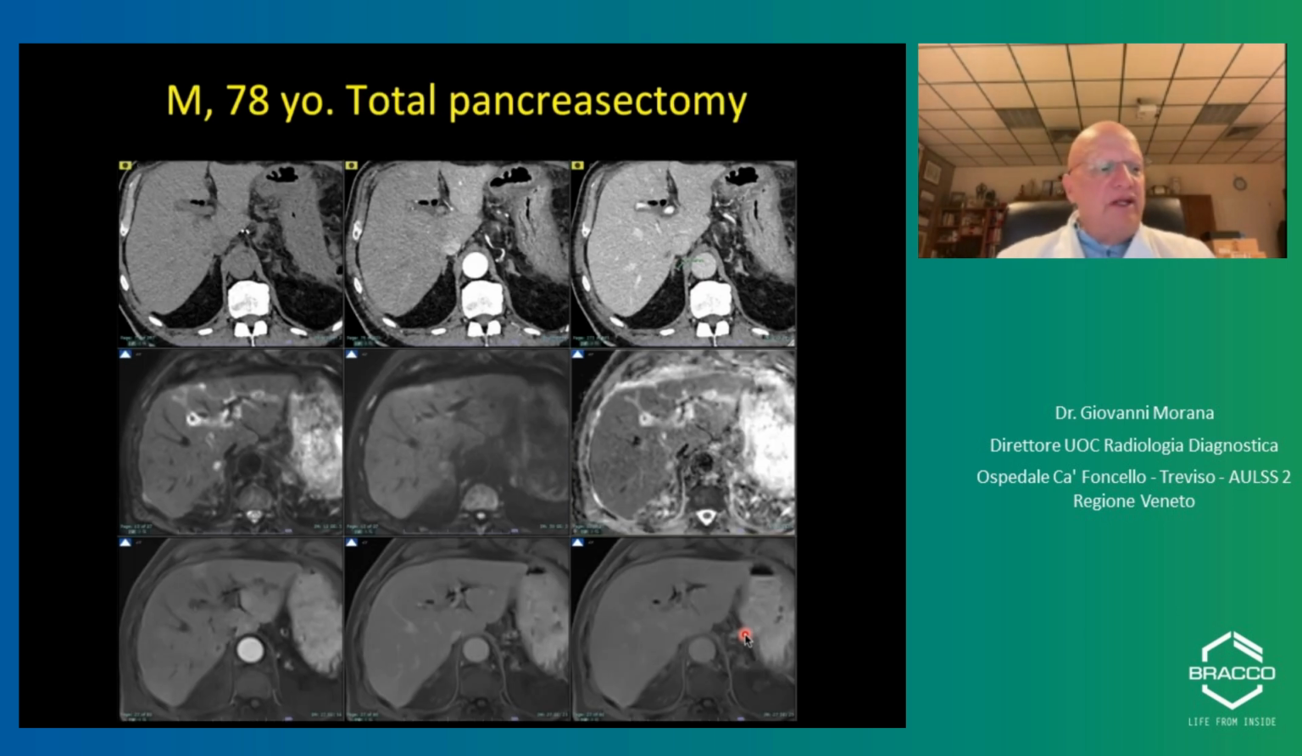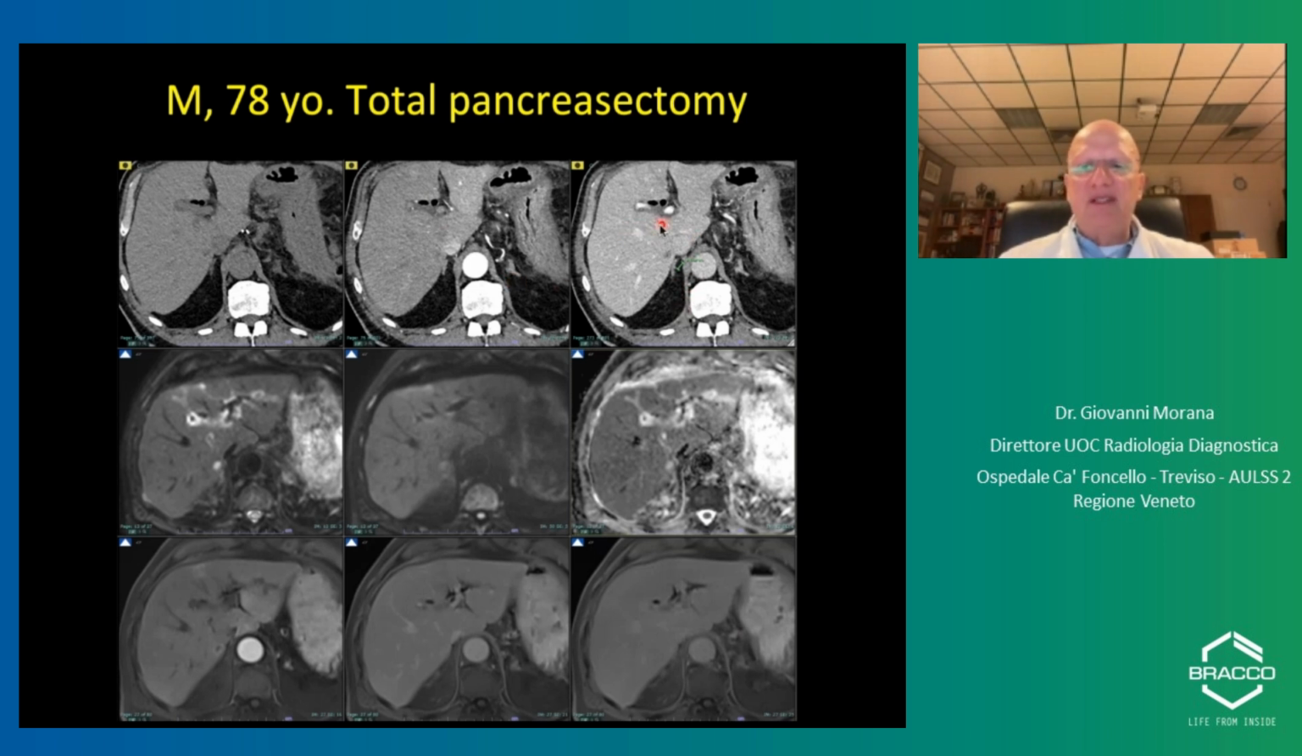MRI is also very useful to make a difference in diagnosis in small hepatic lesions. Do not forget that even in oncological patients, small lesions are not always metastases. Like in this patient, who had a total pancreatectomy for a diffuse involvement of the pancreas by pancreatic carcinoma,